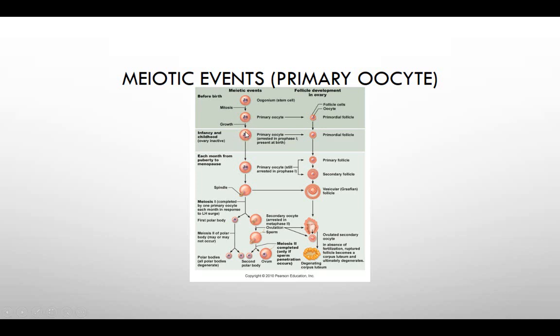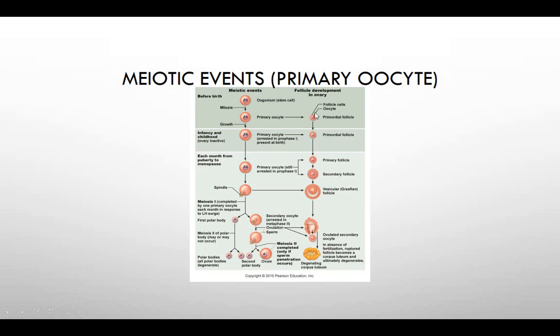and infancy and childhood, it stops here, right? So you have this primary oocyte that's just kind of hanging out until you hit puberty, okay? And once you hit puberty, then once a month, one egg is chosen to move on to go through meiosis 1 and meiosis 2, okay? And here we get down here, and we'll get into this a little bit more, but here's our 1, 2, 3, 4 different genetically different cells, so very similar to what we saw with the sperm, okay? But typically only one of them is going to go on to be a functional